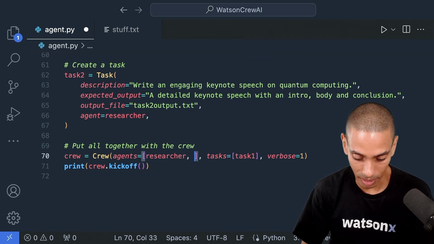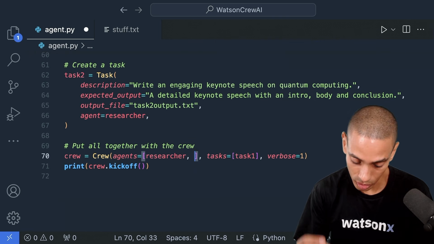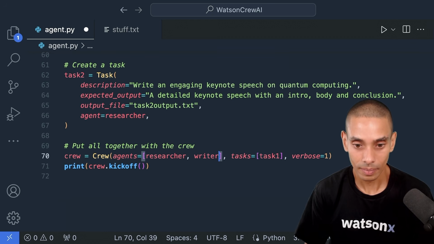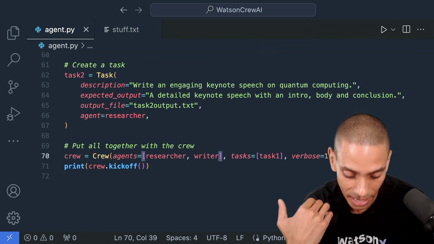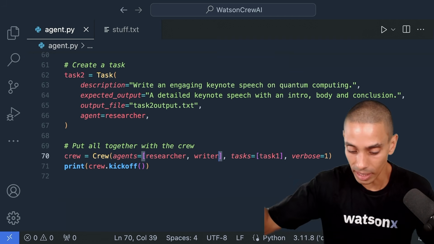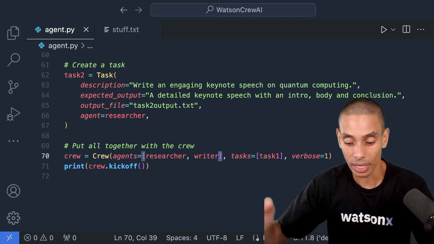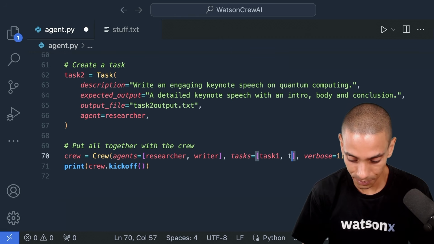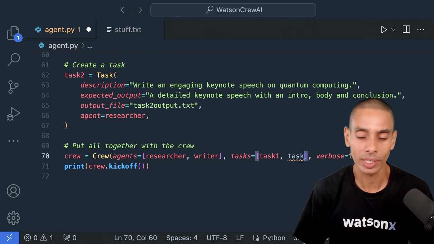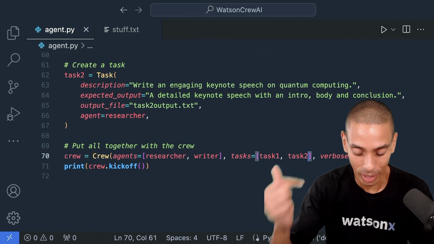So we can actually go and pass through our second agent, which is going to be our writer down here. So this is what gives us the multi-agent feel, right? And eventually, once we allow delegation, if we did that in the next video, then we'd be able to do all of the handoff. So maybe we convert agents into a series on the channel. You let me know in the comments below.